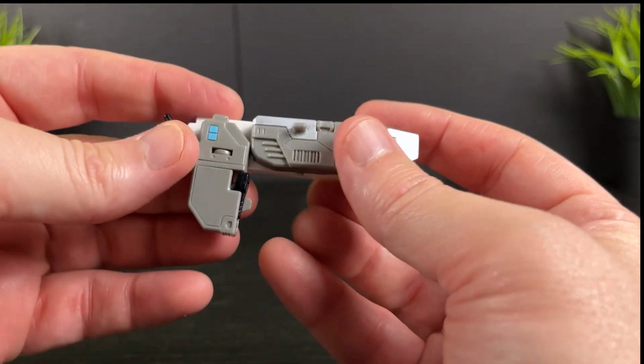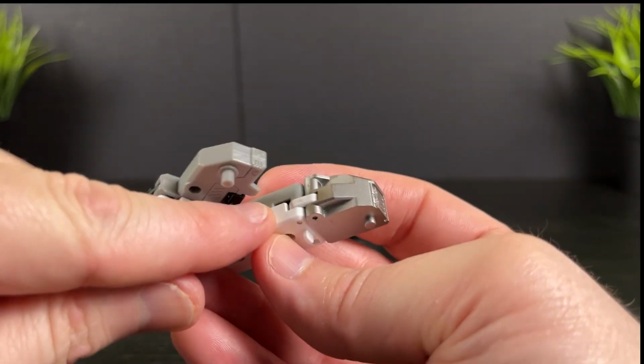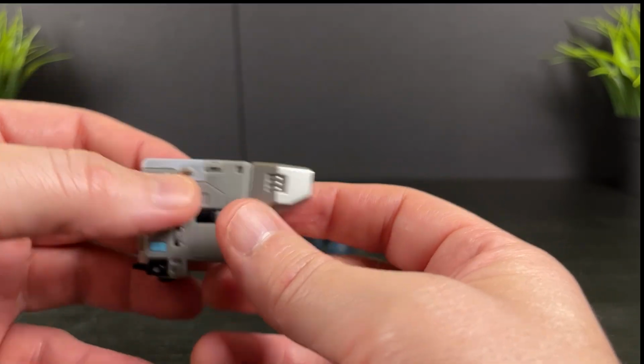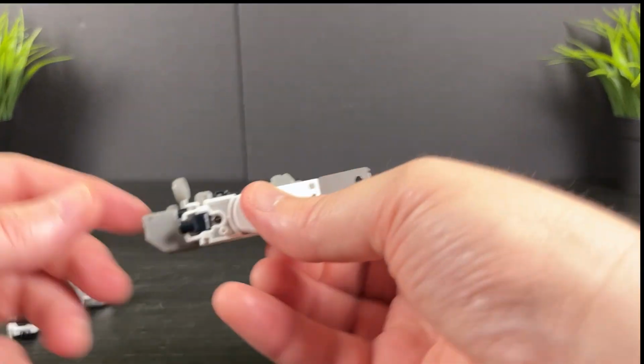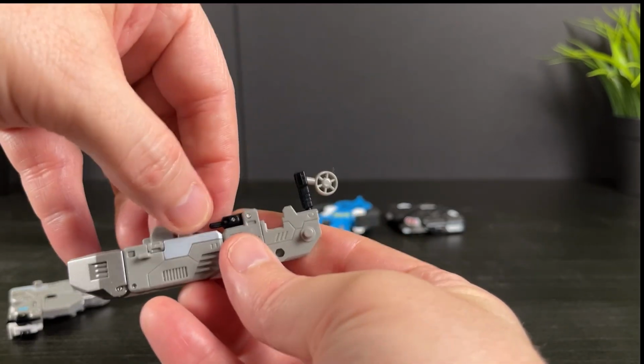Then this whole piece will rotate on that hinge down and around, like so. And there is a tab and post connection there, so that'll connect into that slot. And we're going to repeat that whole process for the other side. I'm going to bring that fan up and over, rotate it around 90 degrees like so, bring this gun up